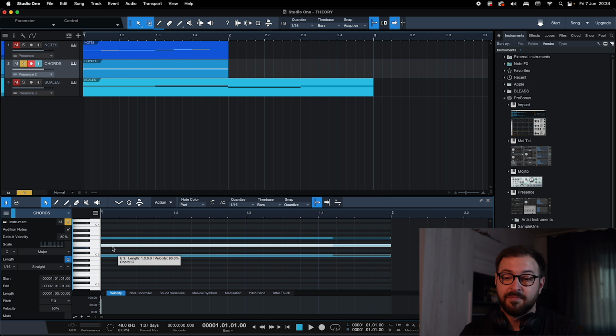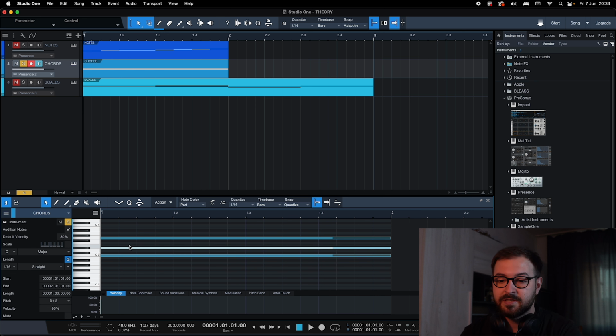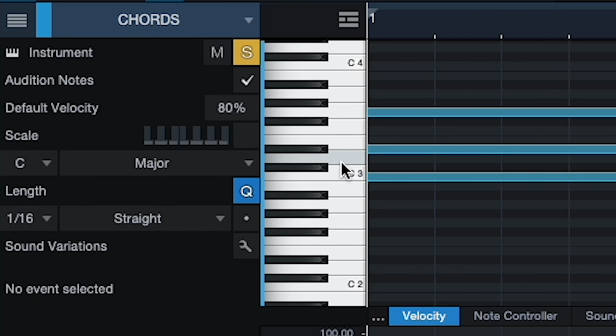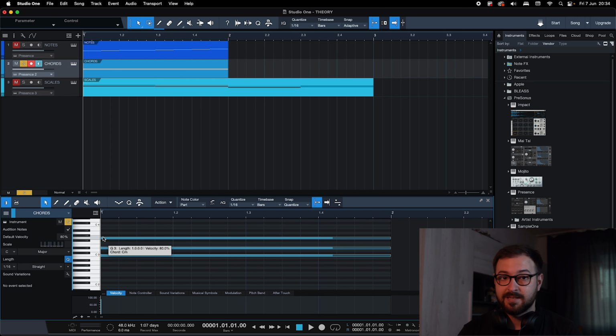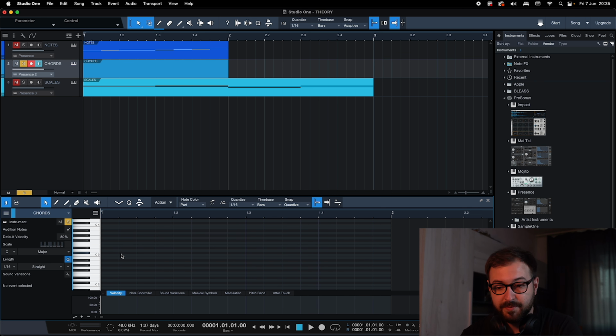In the case of minor chords, it's going to be in reverse. So we add 3 semitones and then we add 4 semitones. And this is how we get major and minor chords. And we can form multiple sets of chords.